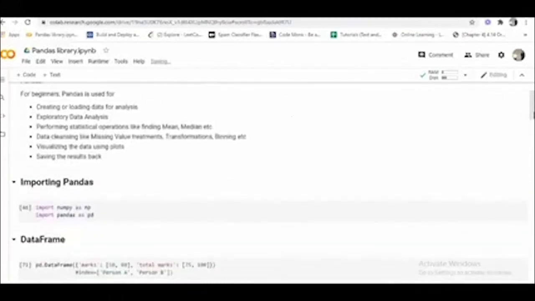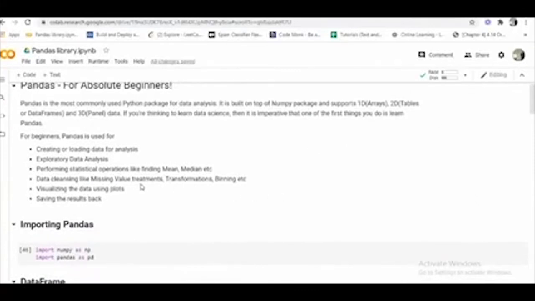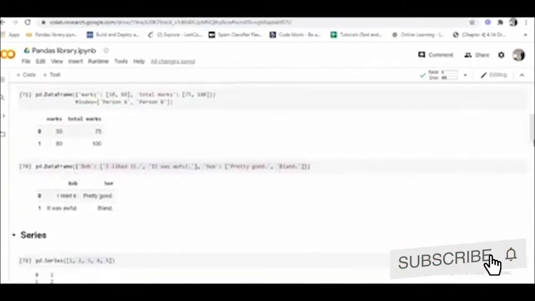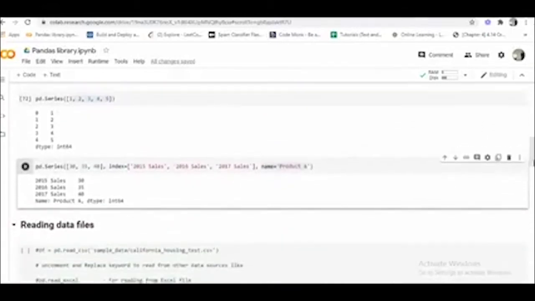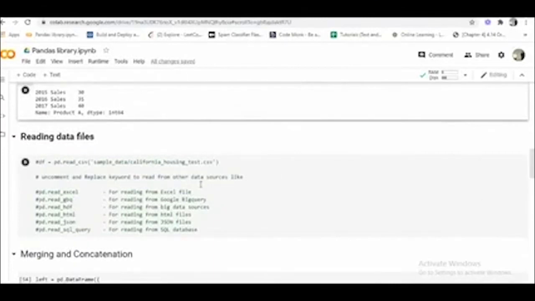As we discussed, pandas is used for creating or loading data for analysis. Here we have created a data frame and a series, and now we will see how to read data files.